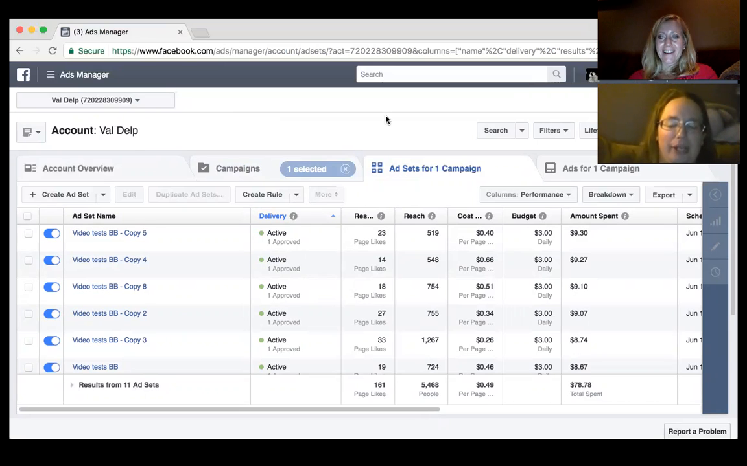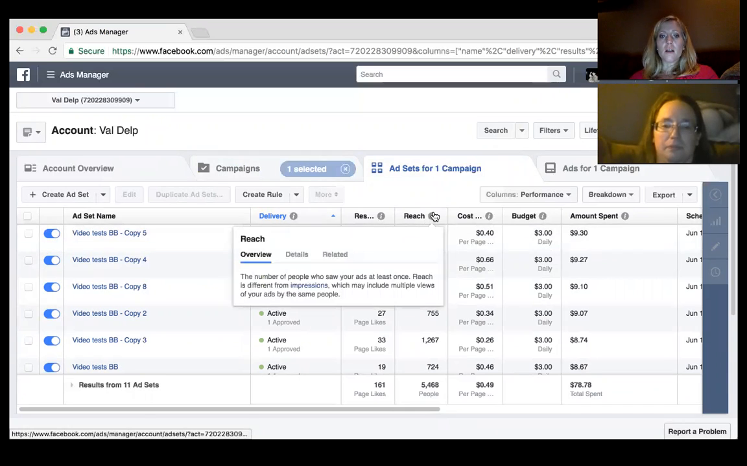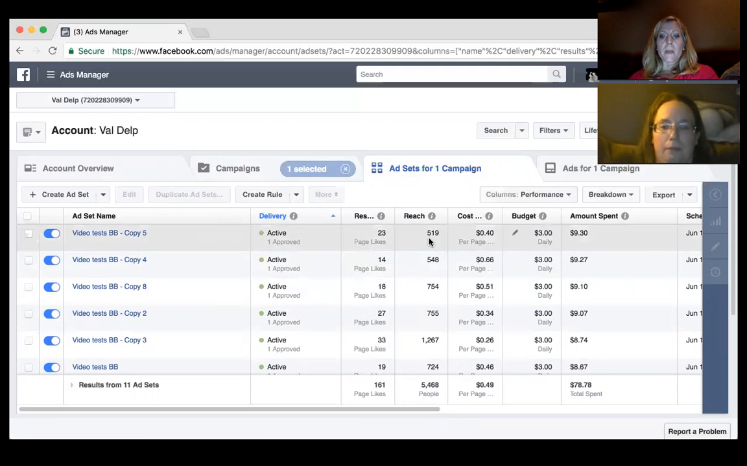How long are you waiting to turn them off? Like once you realize it's not doing as good, you know what I mean? Like, do you give it a day or two? Yeah, I waited like one whole day at first, and then what the training says is you want to look at this column where it says reach, and once they've